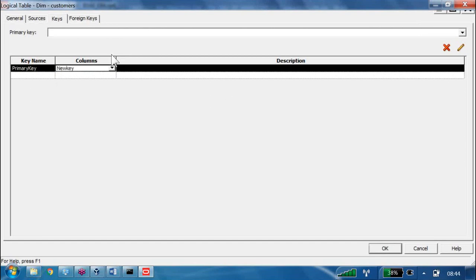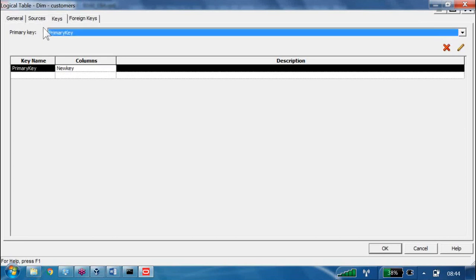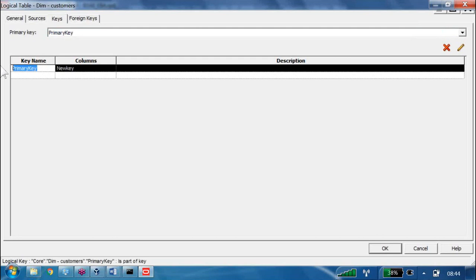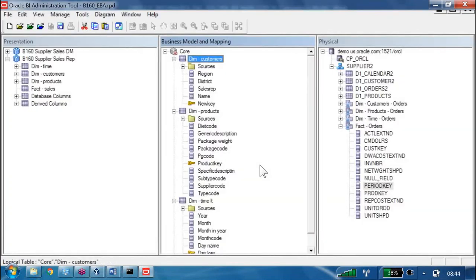The drop down is at the very top. Whatever name we give here, this is the logical name, and that name will appear in the drop down. That is what we are going to select. For this key, it is a logical name. Now we are going to click on OK.